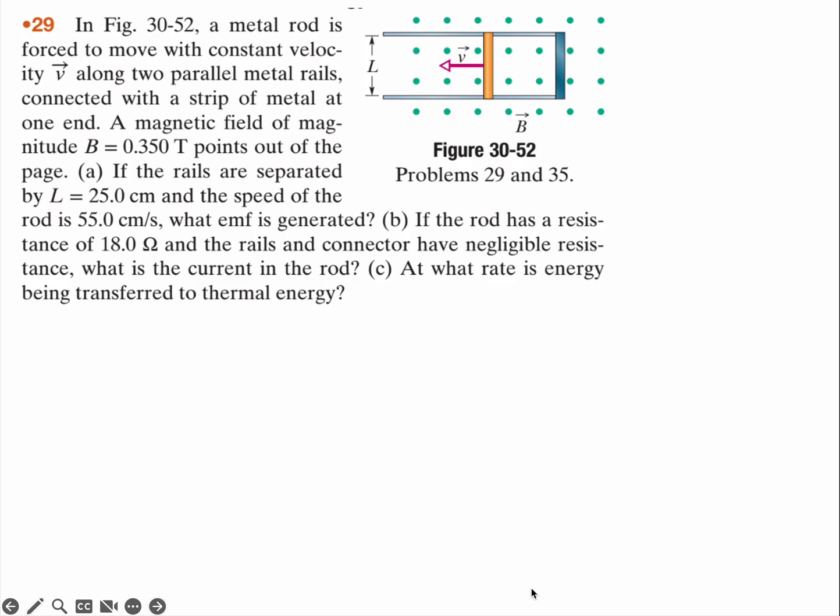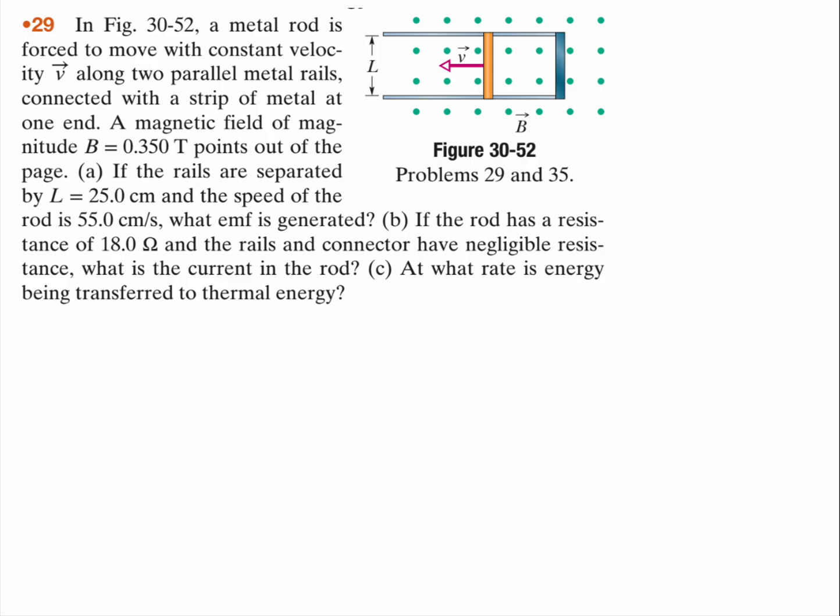So number 29, we have a metal rod that's forced to move with a constant velocity v along two parallel metal rails connected with a strip of metal at one end. The magnetic field is 0.35 teslas and it points out of the page. A, if the rails are separated by 25 centimeters and the speed of the rod is 55 centimeters per second,